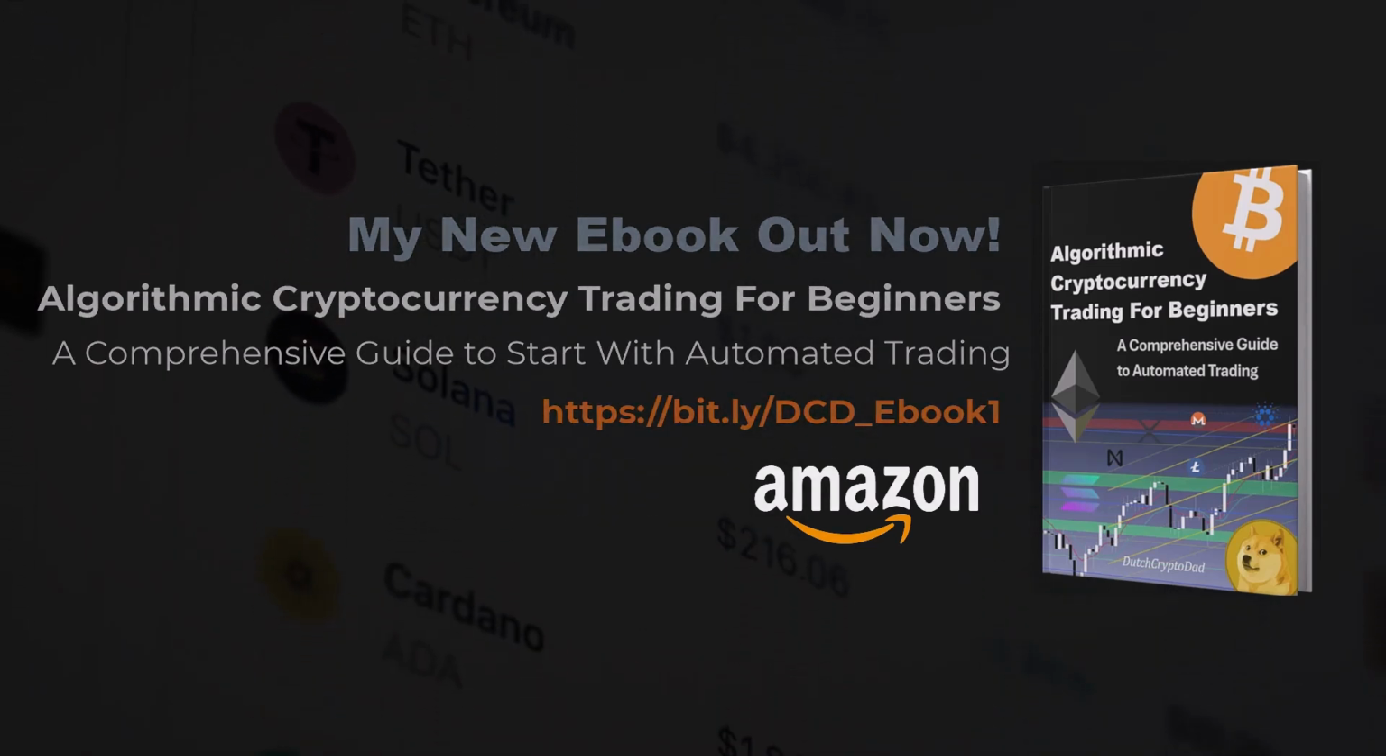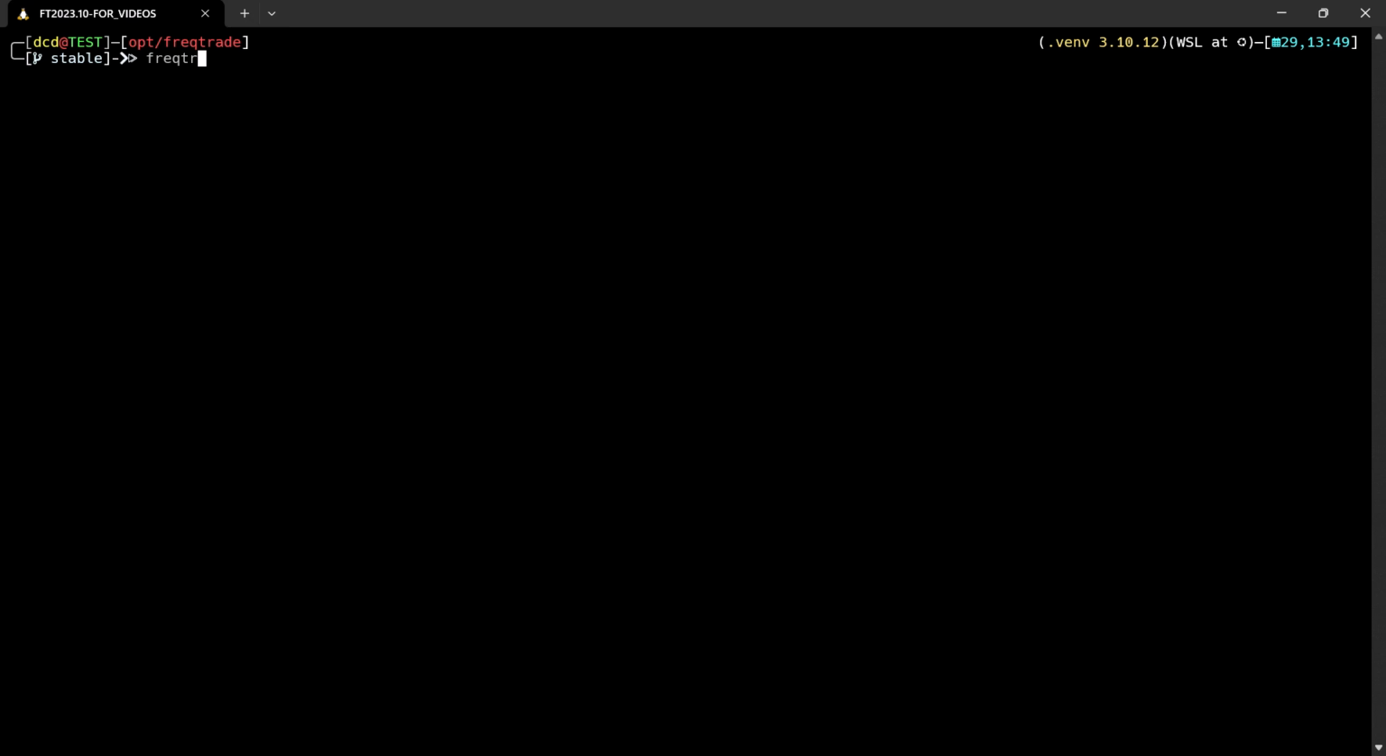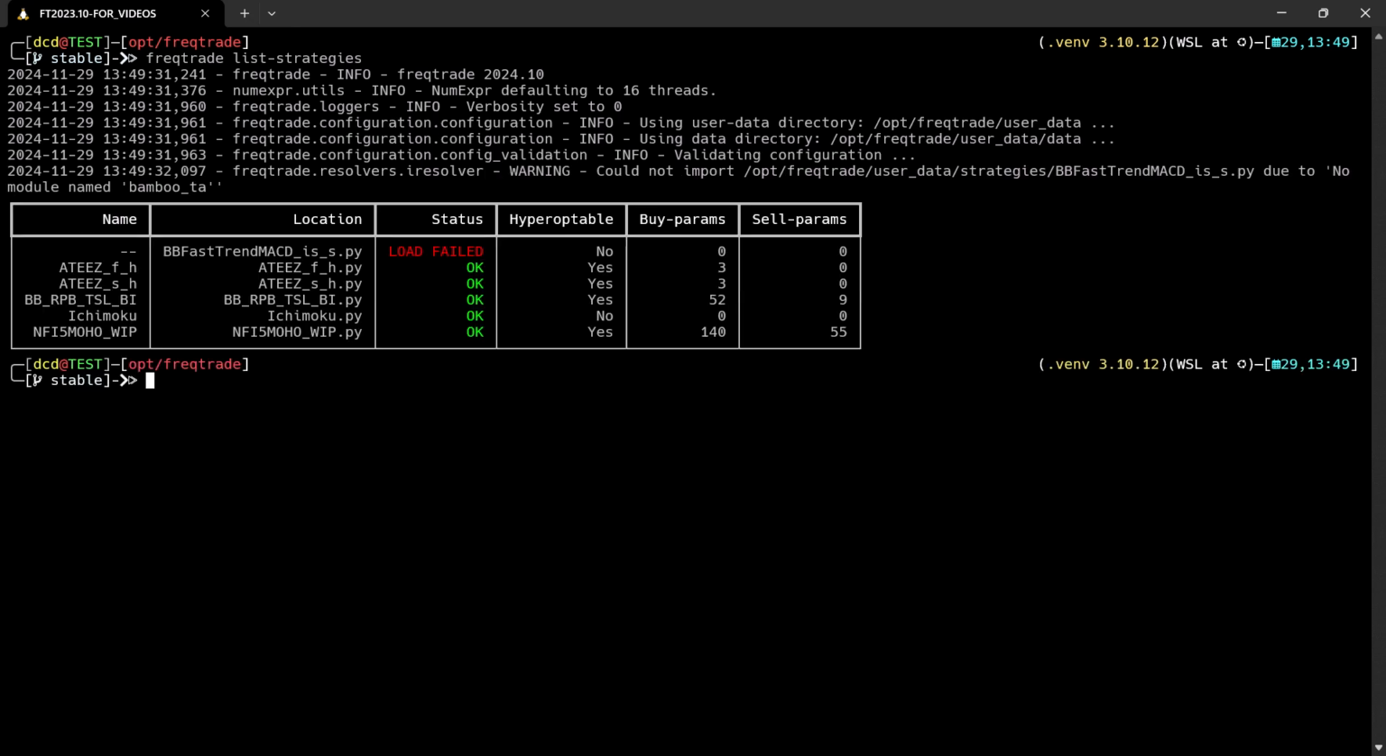Okay, now the next function I want to show you is the list strategies argument. If you use this command without any options, by default it will look in the user data/strategies directory and scan all the files for possible strategies. And if it detects these, then a table is shown with the following information: the strategy name, file name, if the strategy has errors in the status column, if it can be optimized, and how many buy and sell parameters